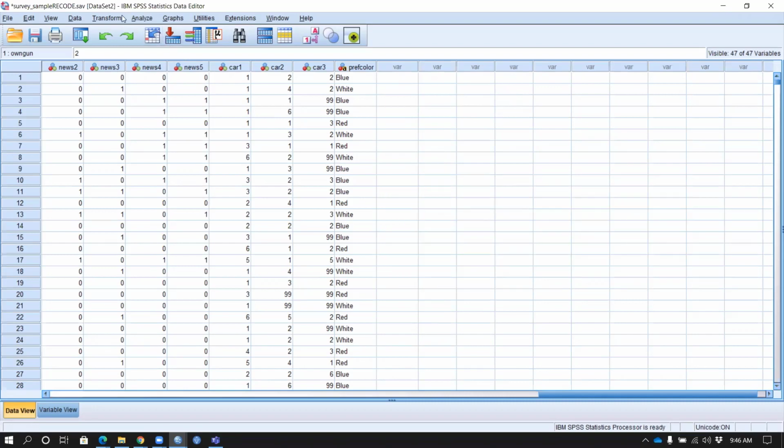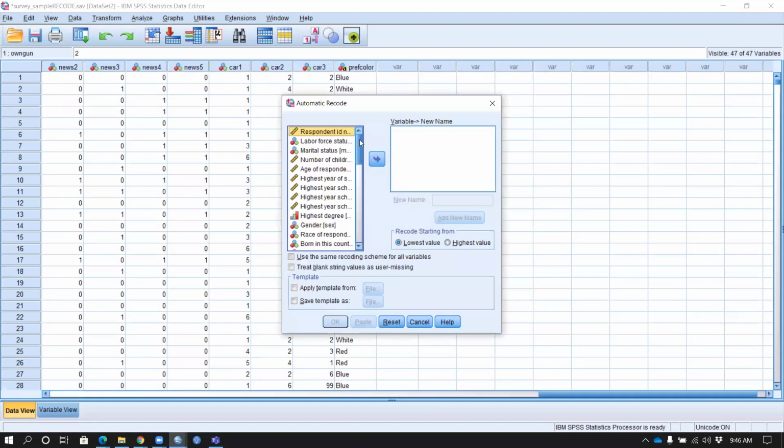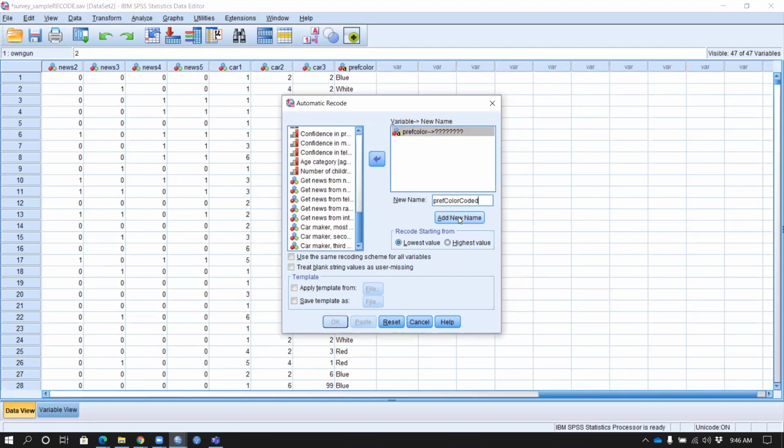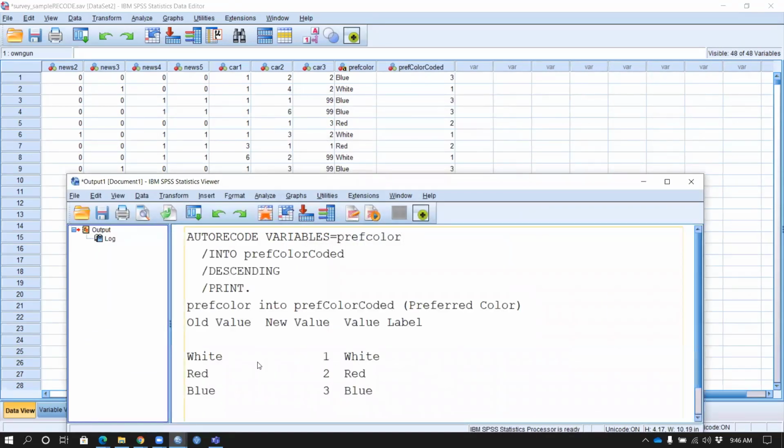A quick way to do this is in the transform menu, select automatic recode, select the variable we want to code, give it a new name. And I'm going to click highest value just to point out a couple other things. We'll say, okay, our output window indicates that we've added those codes 1, 2, 3 in consecutive order in descending